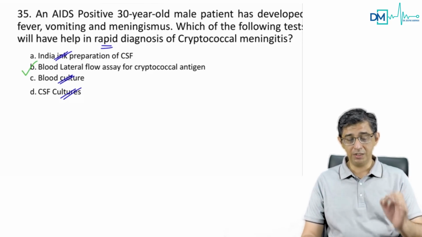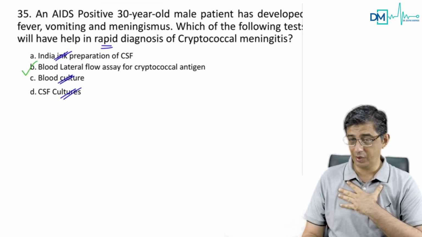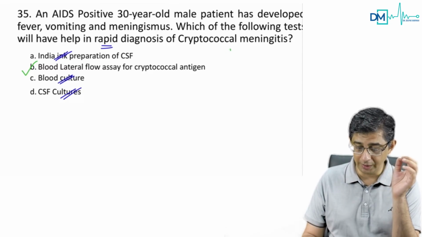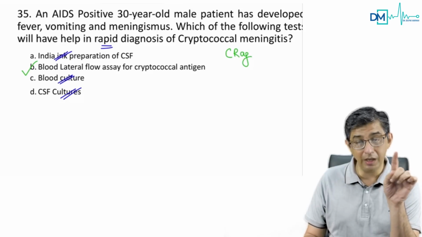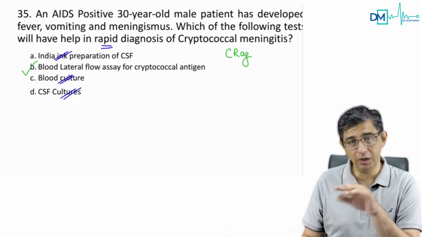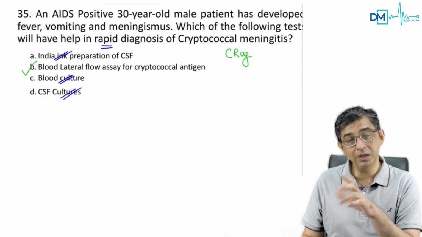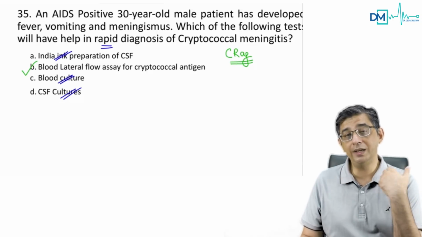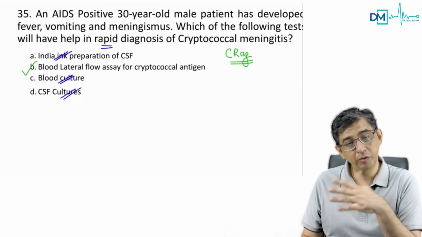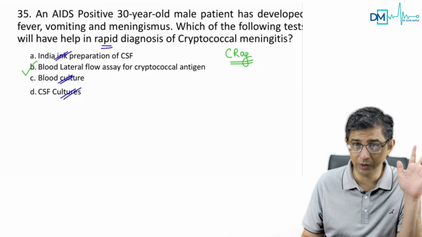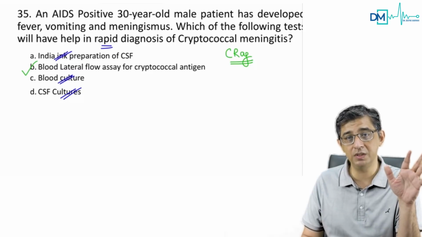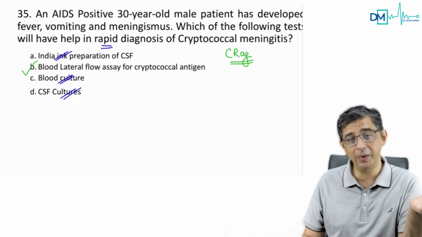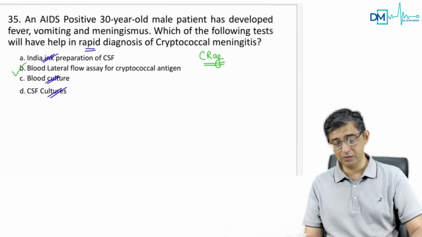Yes. The best test for diagnosis of cryptococcal meningitis, if you ask me, and as given in the textbook, is CSF ELISA for cryptococcal antigen. It is written as CrAg, a capital C-r and small A-g, cryptococcal antigen. So the bottom line is, you can do it by ELISA, by latex agglutination, or by lateral flow assay. The methods, you can read from microbiology for the differences. For me as a clinician, the antigen test and antibody test is a rapid test. So that would help me in diagnosis of this patient.